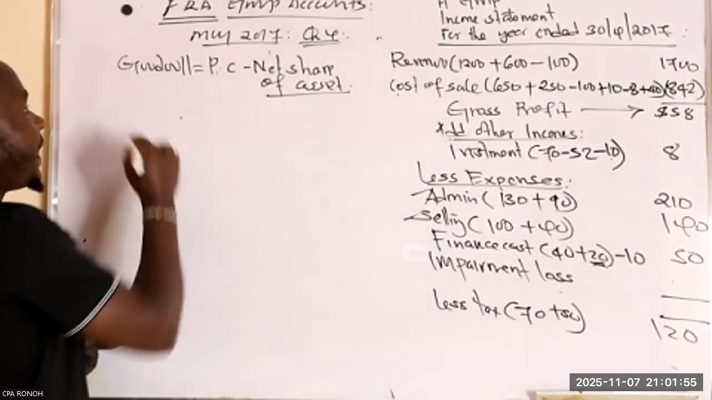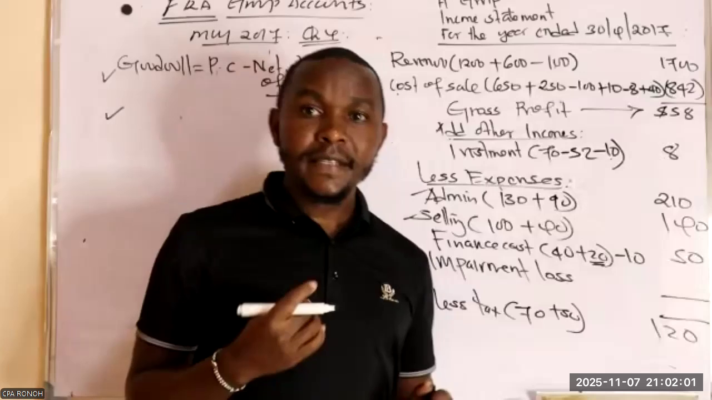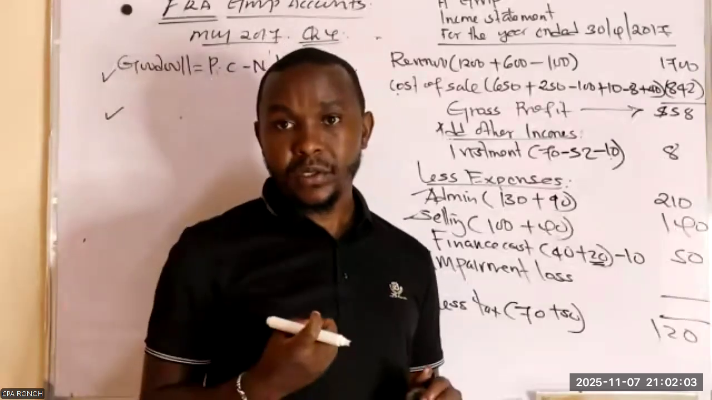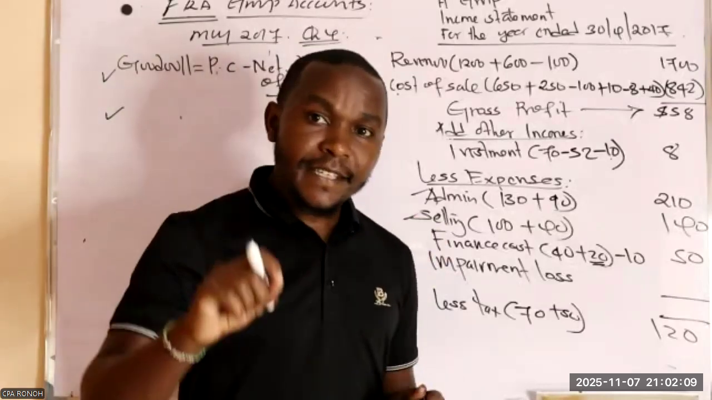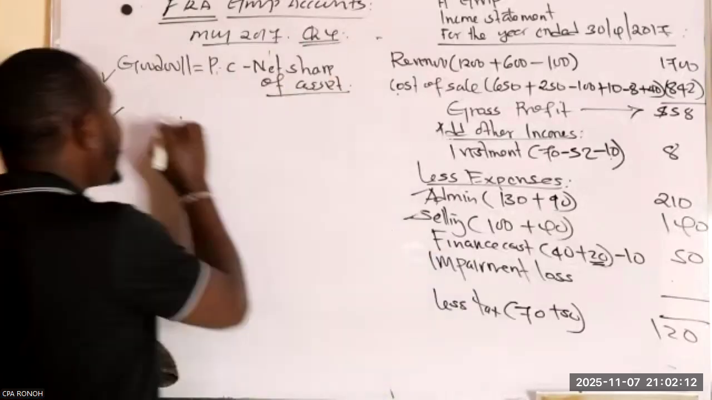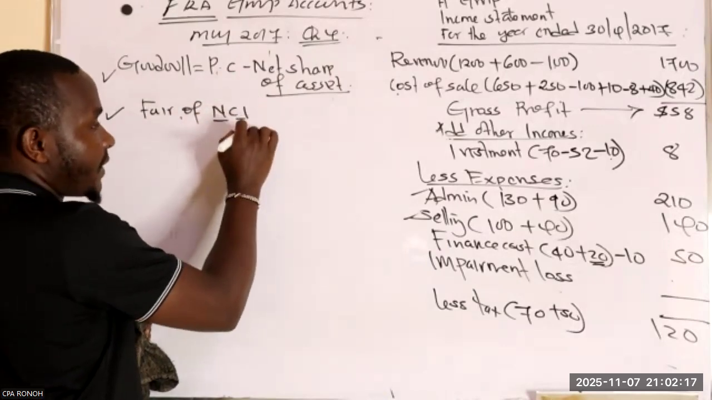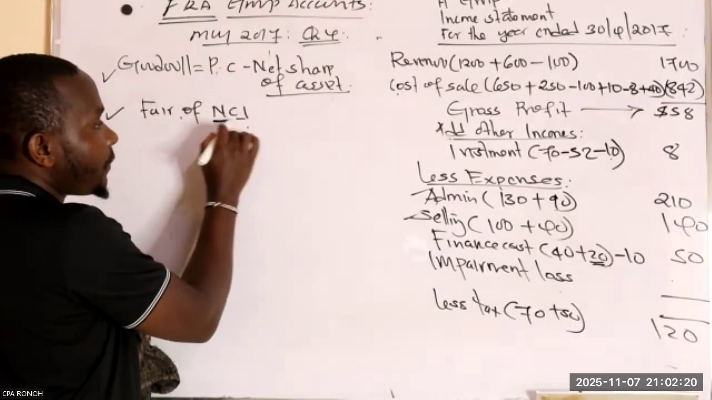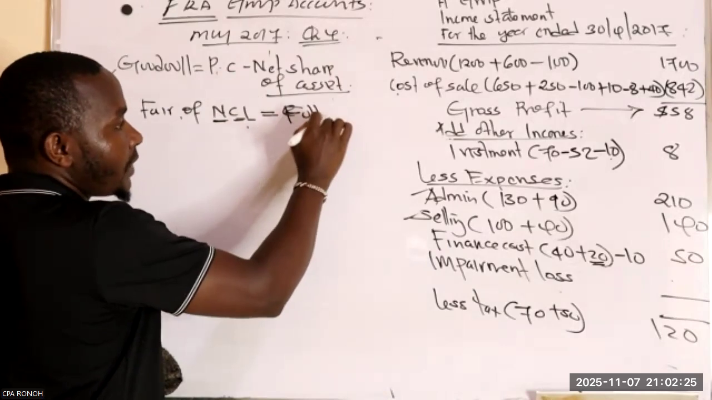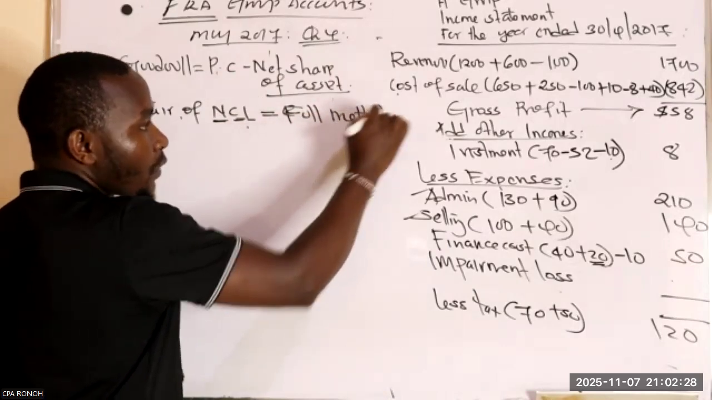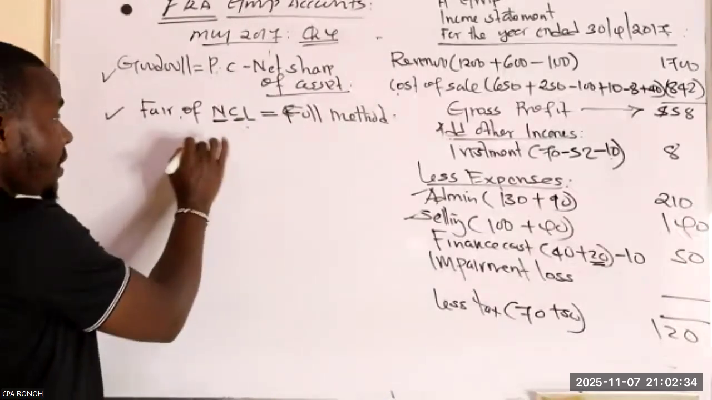Also, the next thing which you need to ask yourself is, which method am I going to use? Is it the partial or full method? How do you identify whether it is a partial or a full method? If the examiner has given you the fair value of non-controlling interest, it's simply telling you to use the full method. So I will take that is S and A,